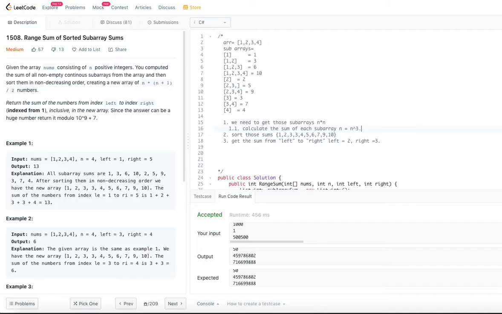If you look at it one way, you get the subarray and then try to get the sum. That's going to be an n cubed solution, which will be very expensive for this. So instead of following this, we will come up with another technique.